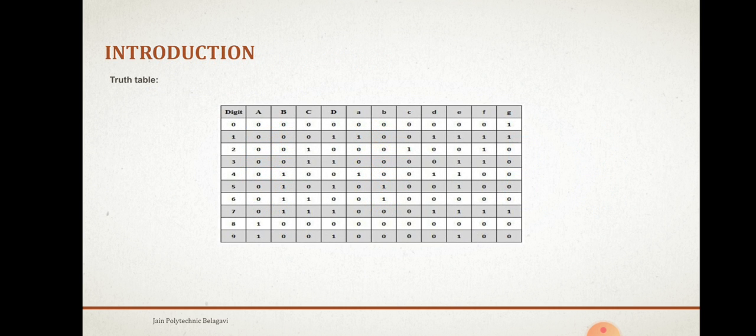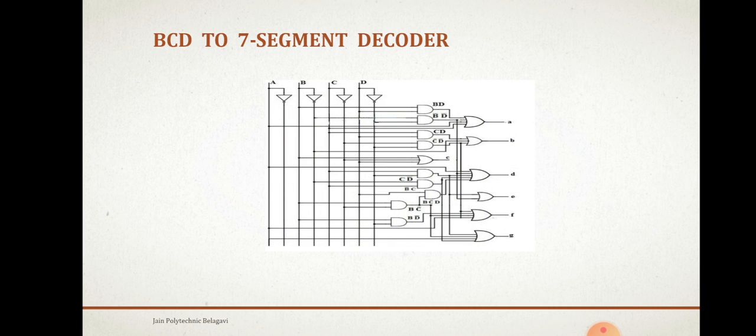So that is the truth table for displaying the number. The digits 0 to 9 are displayed in a 7 segment display, with segments A, B, C, D, E, F, G. There are 7 segments. I am going to provide the inputs A, B, C, D: 0, 1, 2, 3 like that is going to be displayed here. So that is the 7 segment display decoder circuit diagram.